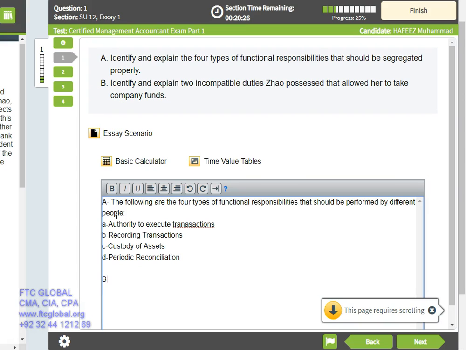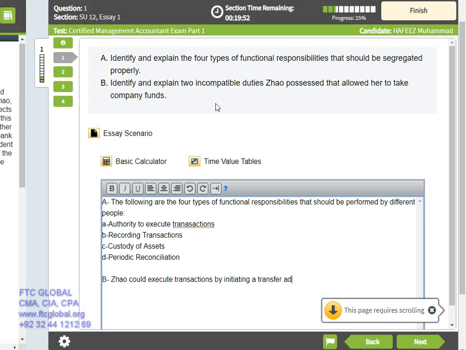B, the second part of the question. Identify and explain 2 incompatible duties Zhao possessed that allowed her to take company funds. Clearly, it was all there. She was able to initiate the transaction and she was the one recording that we have already discussed. So Zhao, the lady who committed a fraud, could execute transactions by initiating the bank transfer